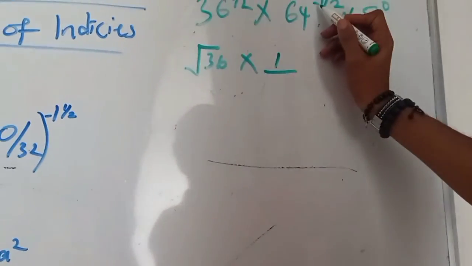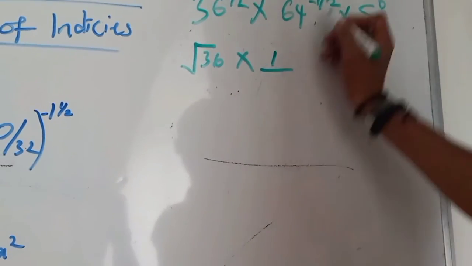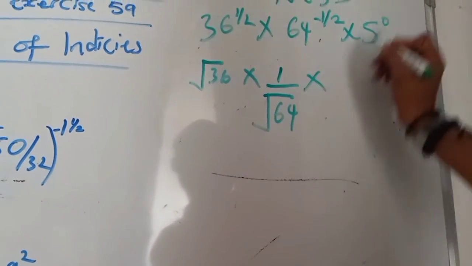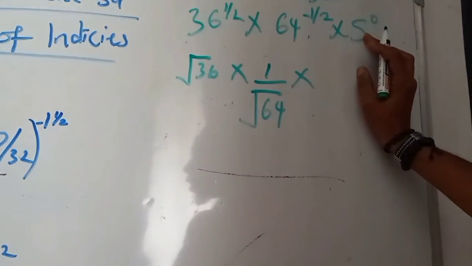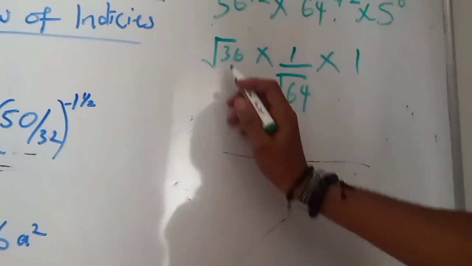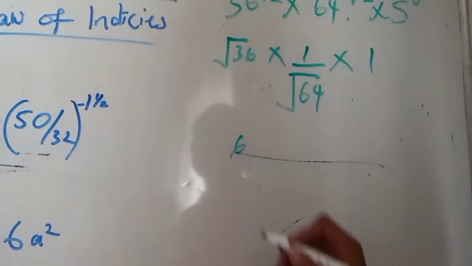1 over this, because minus means 1 over. This is a fractional law, the square root of 64, times any number or any base raised to the power 0 is 1. So here it is 1. So the square root of 36 is